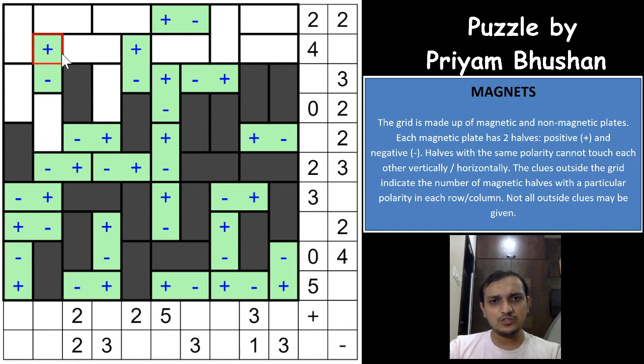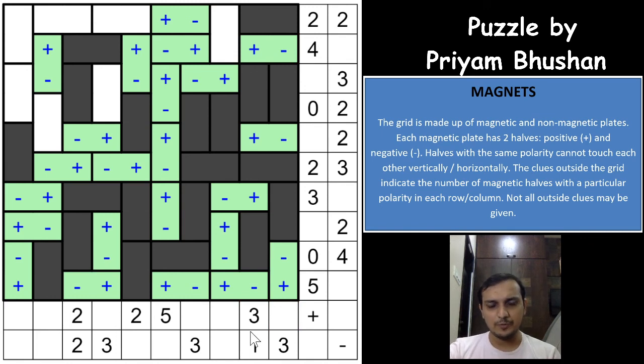And which means both of the positives are touching this region, which means this cannot be a magnet, and you need to have 4 positives here. Okay, excellent. So 2 positives are already placed. The 3rd and 4th positive will have to be placed. It cannot be here. It cannot be here as well, because this cannot be a positive, which means both of the positive symbols will have to be taken by these two magnets, right? Which means this is positive, negative, and positive, negative in any order, but we need a positive here for the 3, which means this has to be a positive and this has to be a negative, and this cannot be a magnet because this region is already fulfilled.